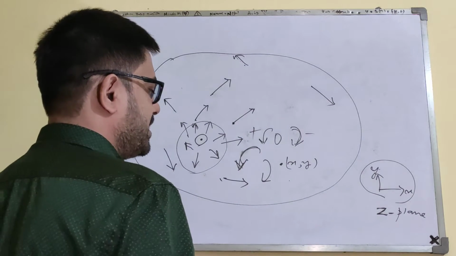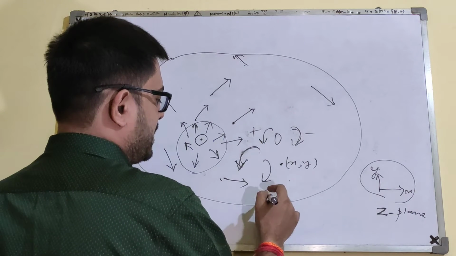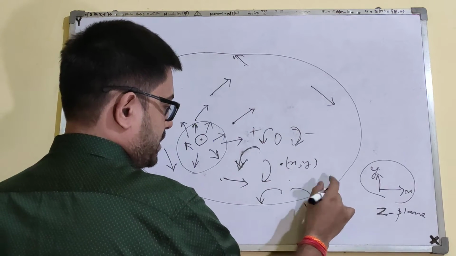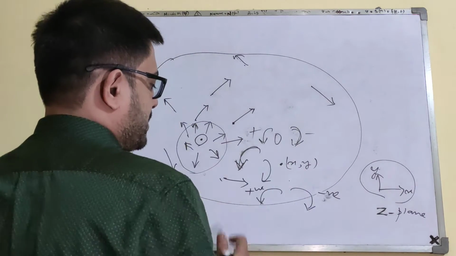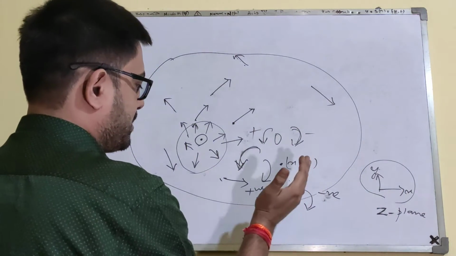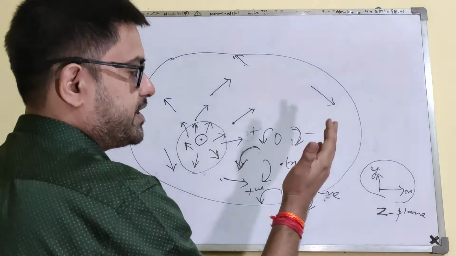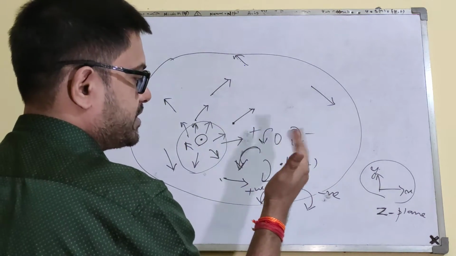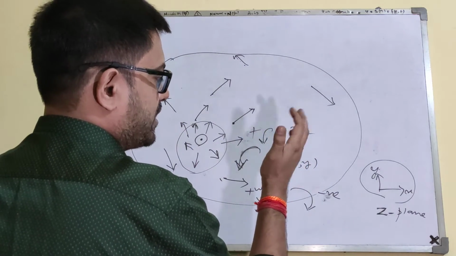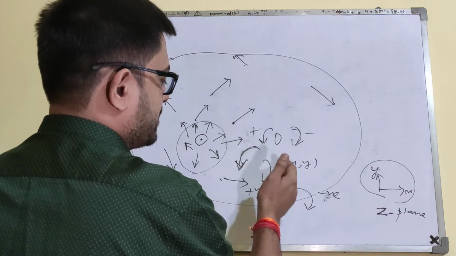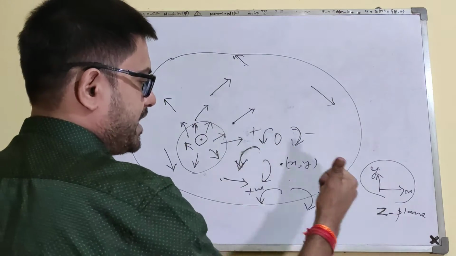And by positive and negative, by convention we use the right hand thumb rule, where we define the clockwise rotation as negative and the anti-clockwise rotation as positive. That means if the rotation happens with the natural tendency of the right hand fingers, then the thumb gives you the direction. This is the natural tendency of your right hand fingers, naturally they tend to curl like this. If that is what the rotation of the plane follows, then the thumb gives you the direction, which is the positive z axis in this case.